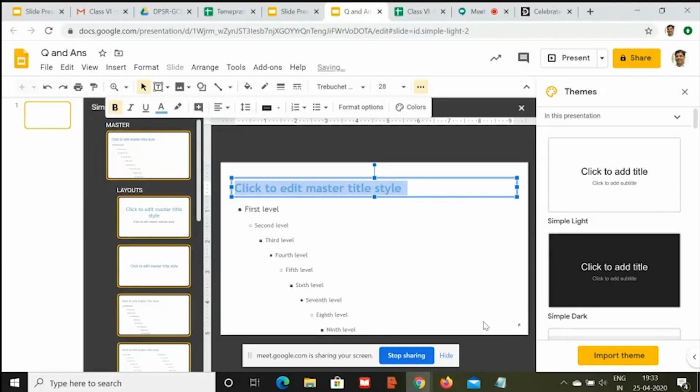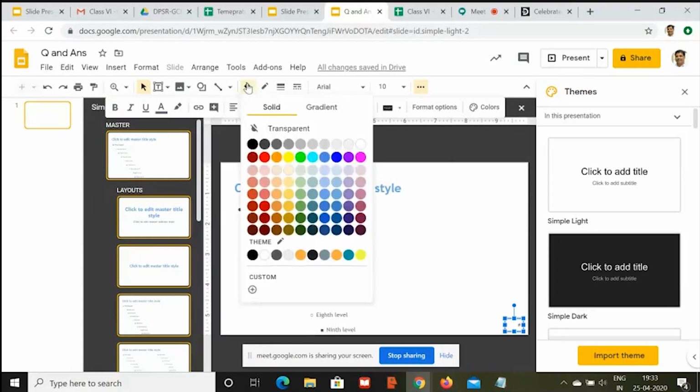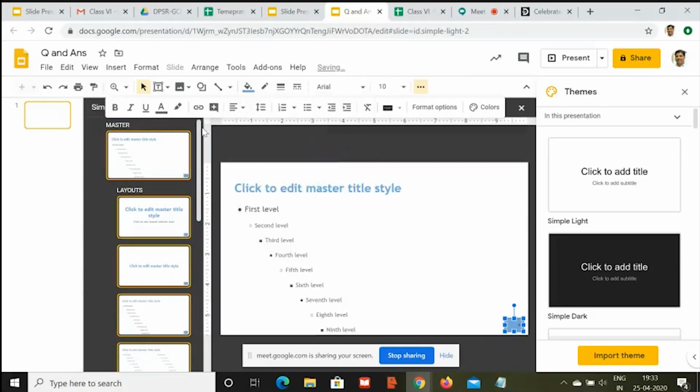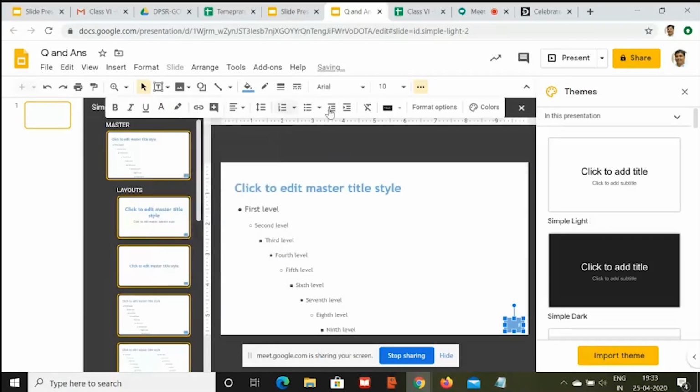I want my slide numbers to be displayed in blue color with white text on it, and it will not appear unless I make it a good size, around 18, and center it. Still it will not appear because I have not started my slide numbers. Right now it is just formatting.